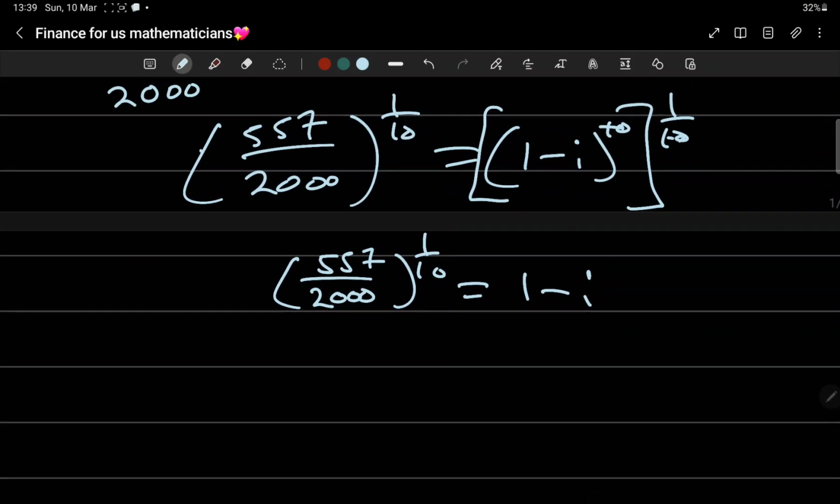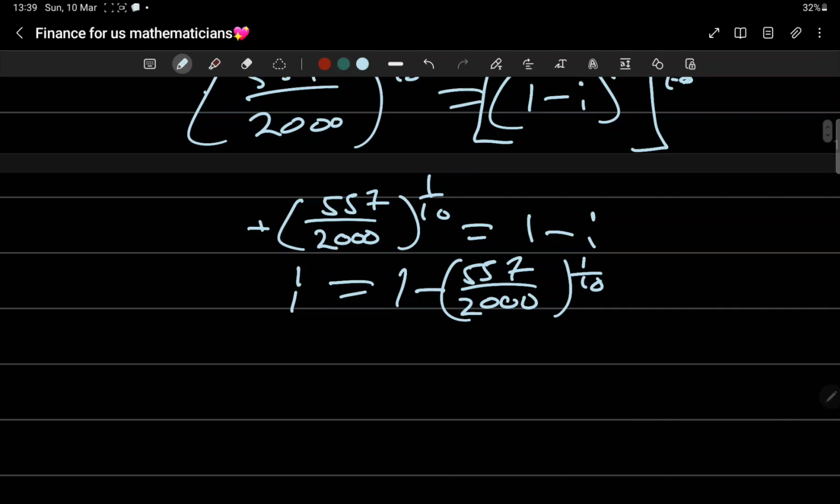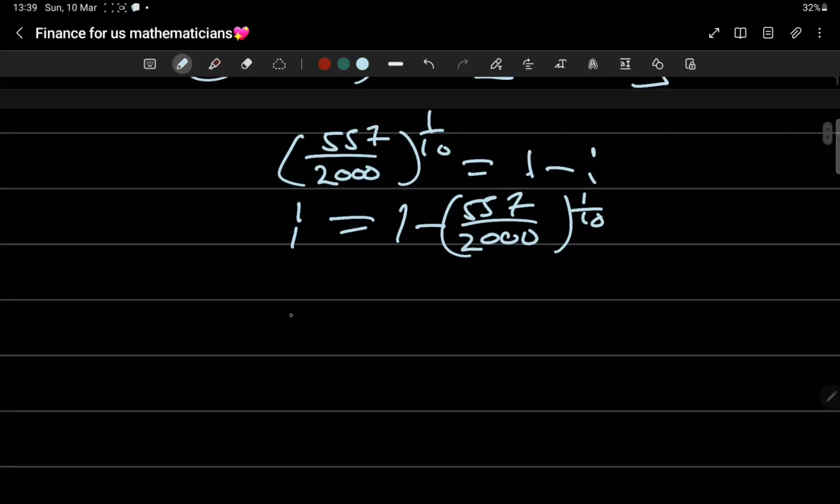I is negative on this side. If it comes to the left, it will be positive. You still will have 1 as positive. Then take this thing to the other side. It is positive, so it becomes negative. So I equals 1 minus the fraction to the power 1 over 10. I was negative on the left and came to the right as positive. This thing was positive on the left and came to the right as negative, and 1 remained positive because it remains on the right-hand side. Therefore, I equals